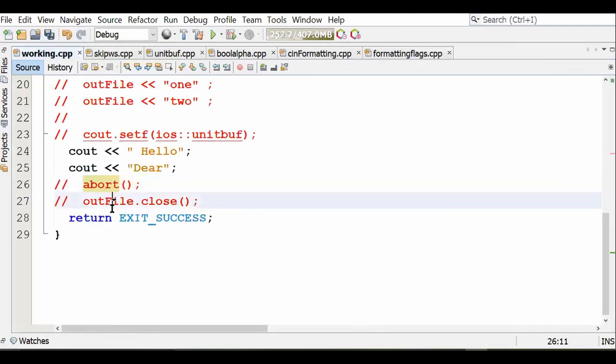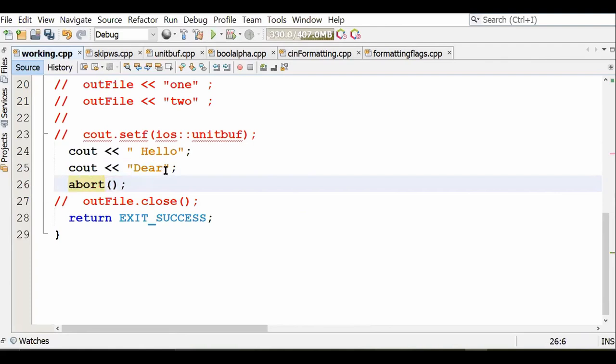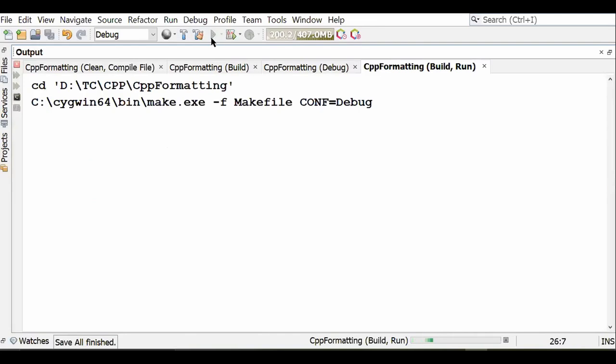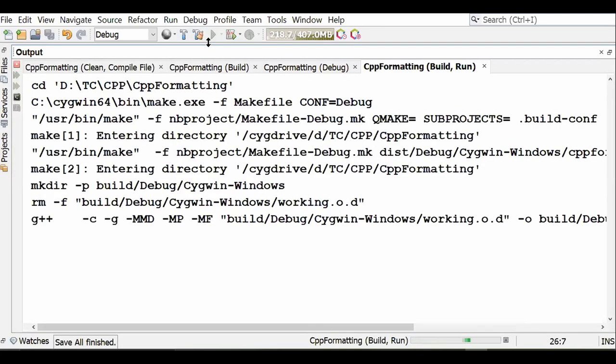The other way to do that is I could have just said cout.close or cout.flush. But if I want the output to be displayed before aborting the program, I could have kept it as unitbuf. That will ensure that whatever data is inside the buffer before the abort, the output will also go ahead and display onto the console. So that's one advantage. Here abort has done that for you, but that is not the standard behavior.